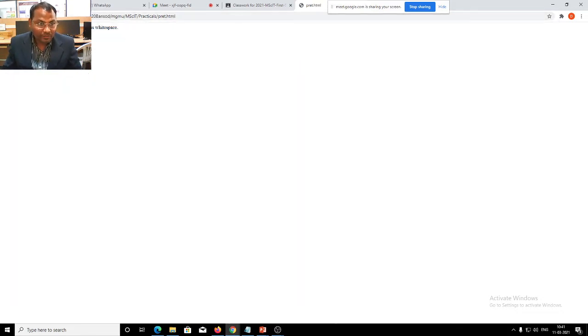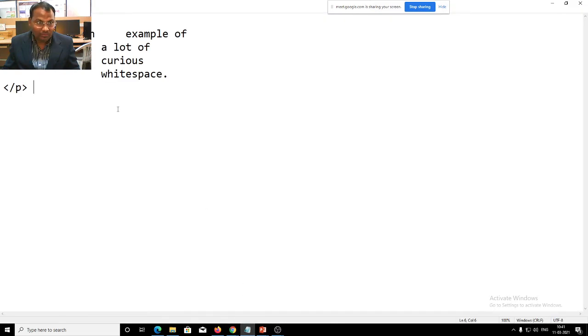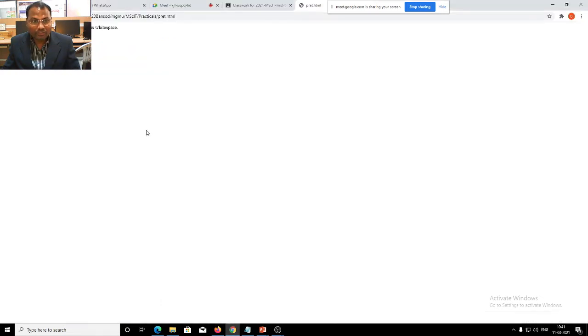Now see, this is an example of text with a lot of curious white space. We have typed it like this, but the output is getting displayed in a single line.